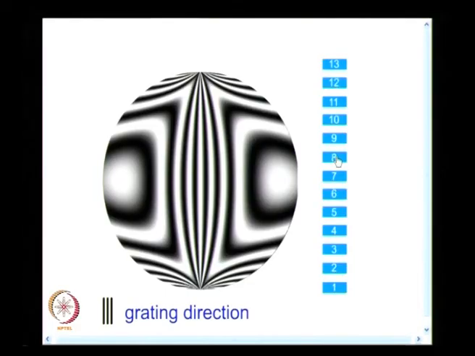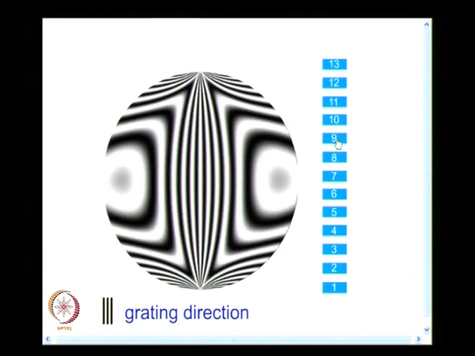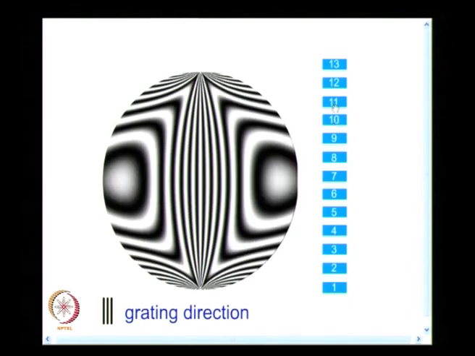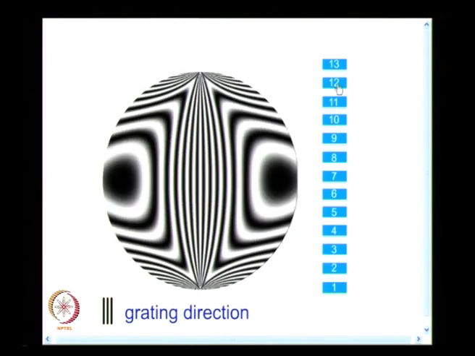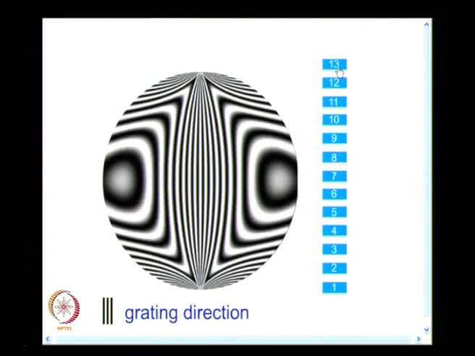And some of the later examples I have not shown the fringe ordering deliberately, so that you can do this as an exercise and label the fringes after we have learnt the course. So, when I increase the load, more and more fringes appear, and that is what I see in the case of a disc under diametral compression, and this gives you U displacement.